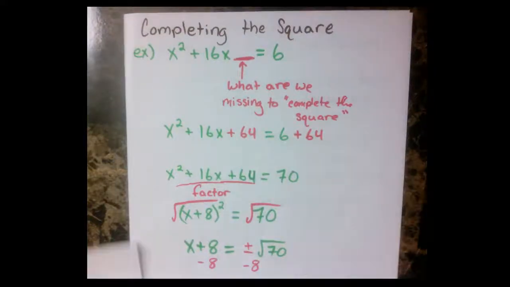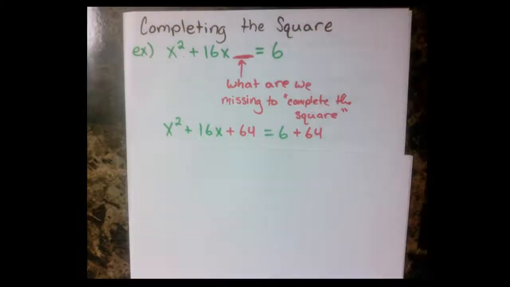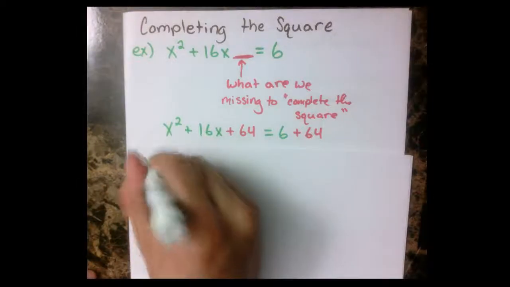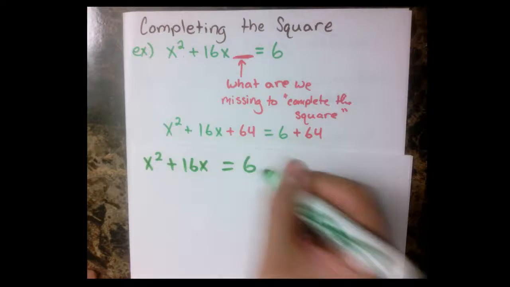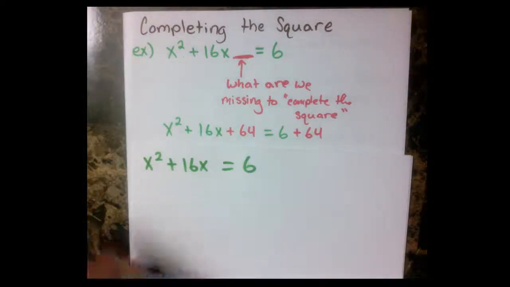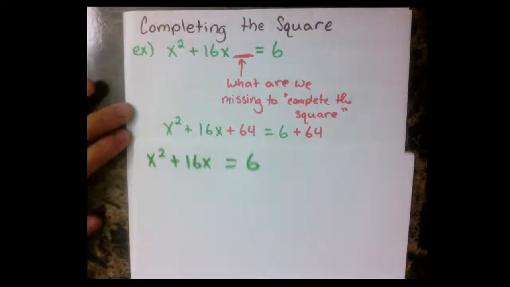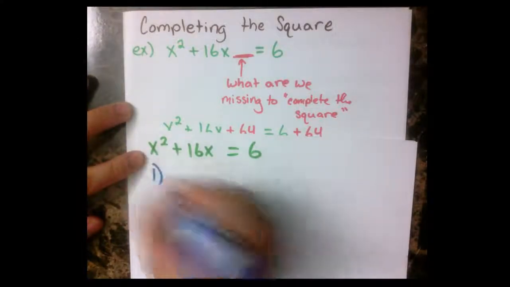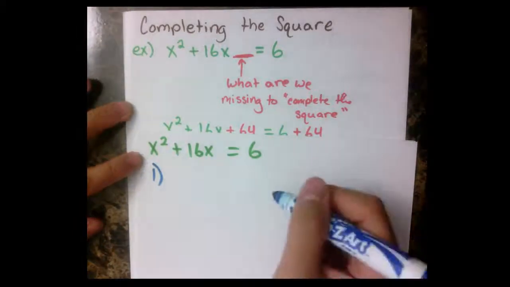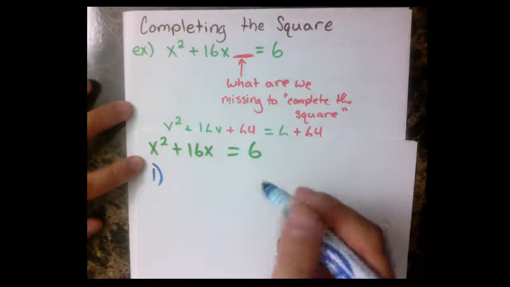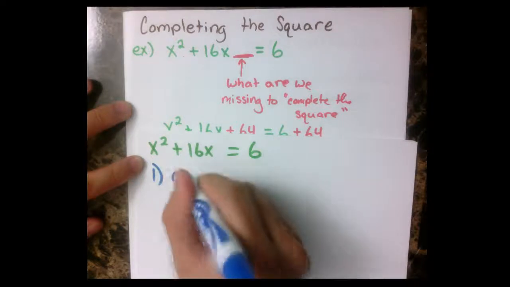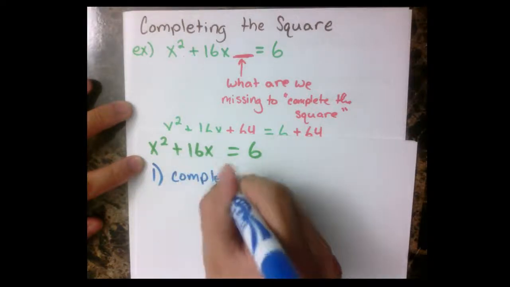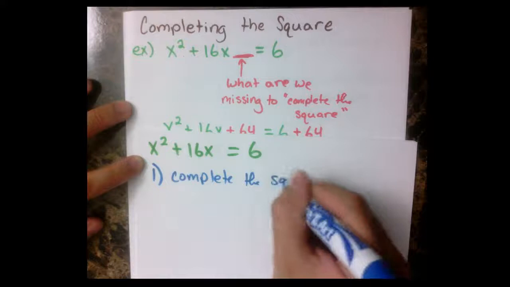Okay, so let me go ahead and write down these steps. Let's see, so the original problem I'll go ahead and write in green again. X squared plus 16x equals 6. So step 1 is going to be, and again, I told you guys this is going to be kind of a long video. It's probably going to hit around 30 minutes and whatnot. And the next thing is actually even harder than this. Well, not harder. You guys just won't like it. So, complete the square. That's our step 1. Complete the square. And you do this by,